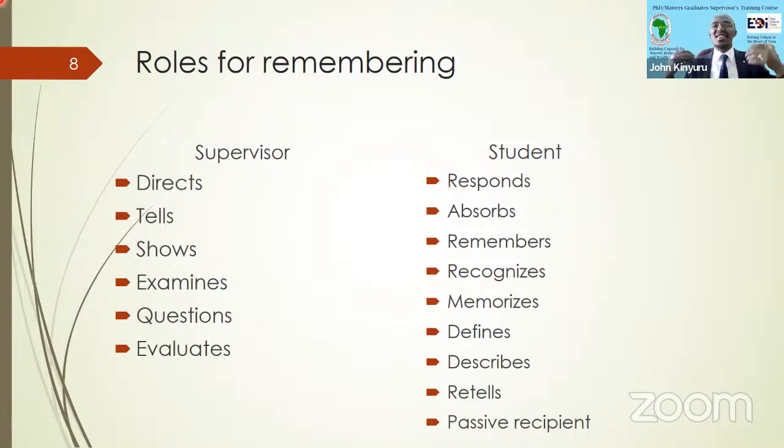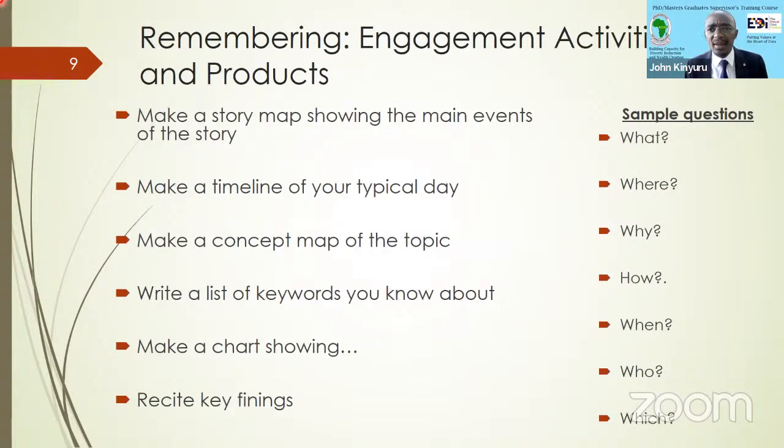They are just receiving information because you're passing knowledge, you're passing basic information. Okay. So some of the engagement activities and products would probably be things to do, like make a story map showing the main events of a story. Yeah, you give them a story, and then you make a story map to show what are the main events